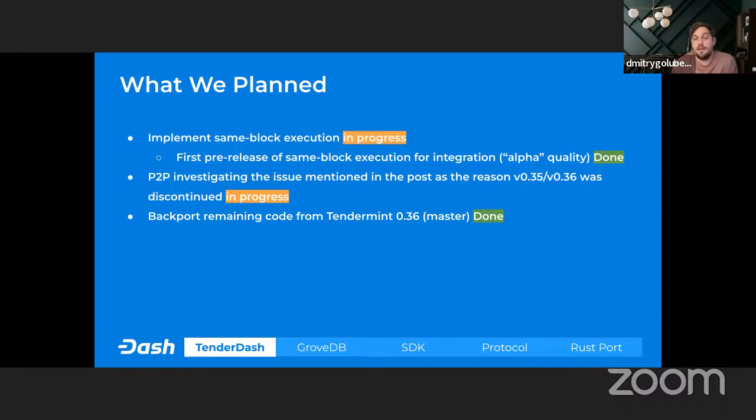First of all, Tendermint has a next block execution approach, which is completely different, because for every committed block, the app hash of that block will appear in the chain only with the next block. It means for every block we have to wait one more block in order to get the app hash.